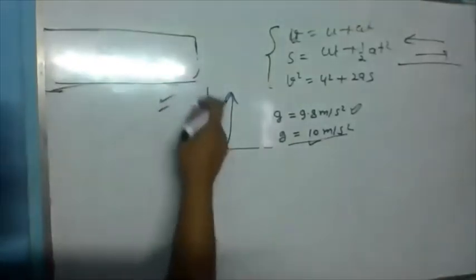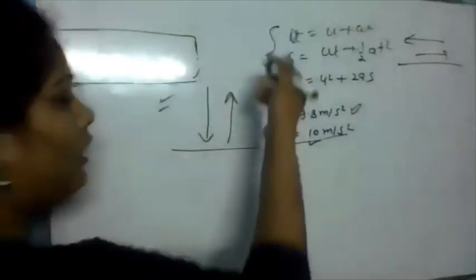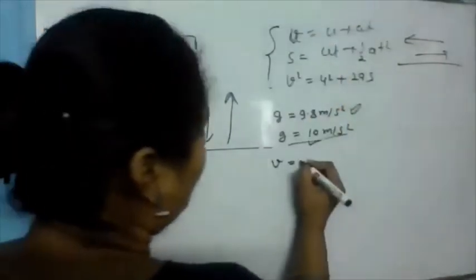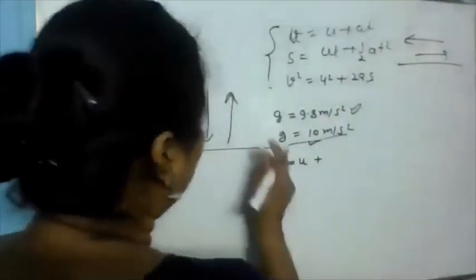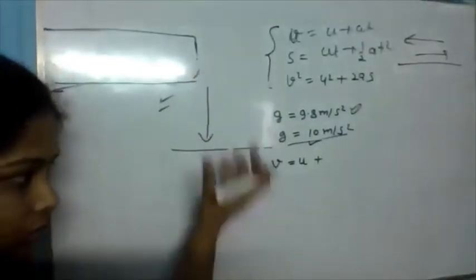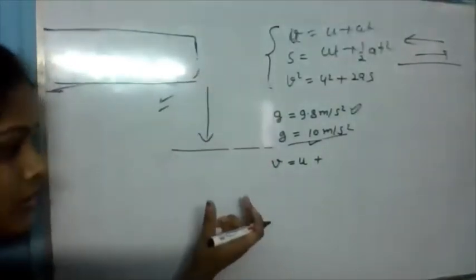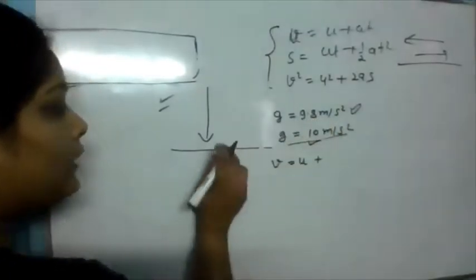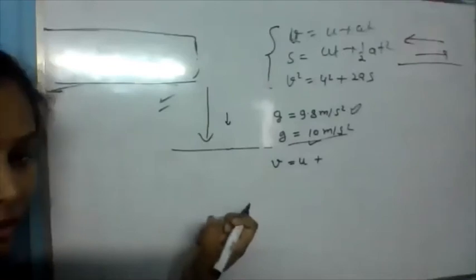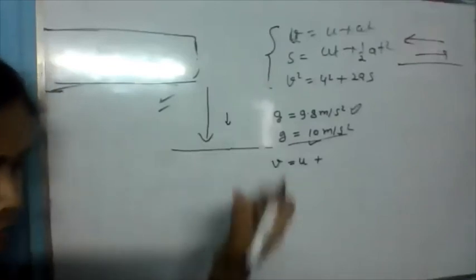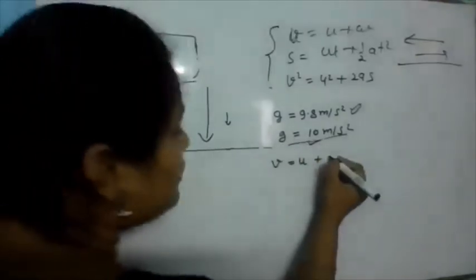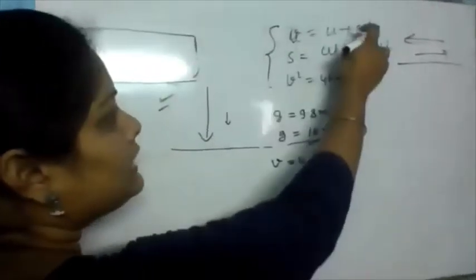So in this kind of motion, see, if any object is falling freely towards the earth, the gravitational force also attracts this body towards the earth, so we are supporting the gravitational force, so we will use g in the place of